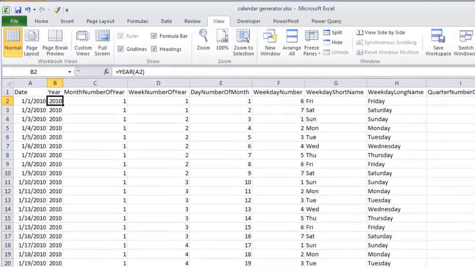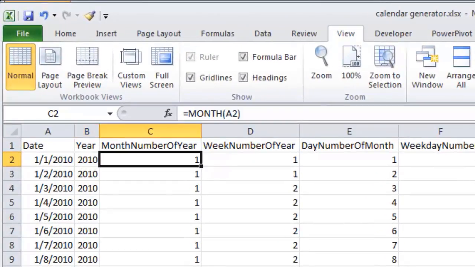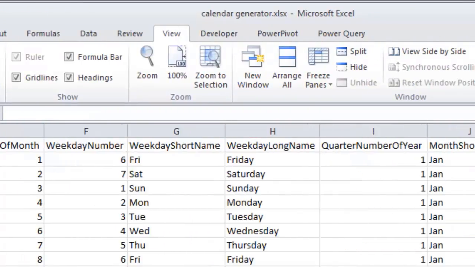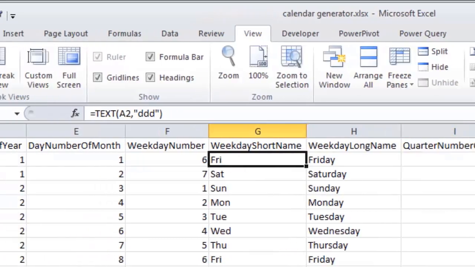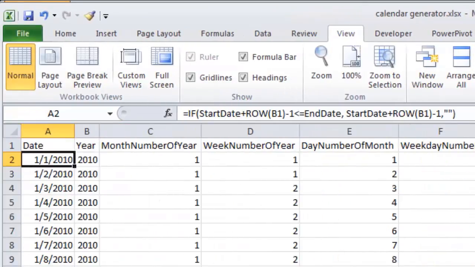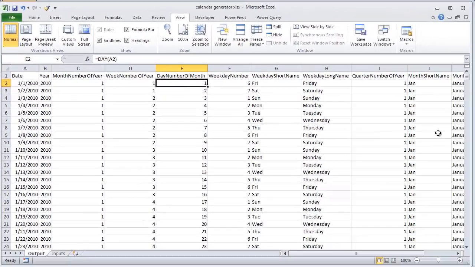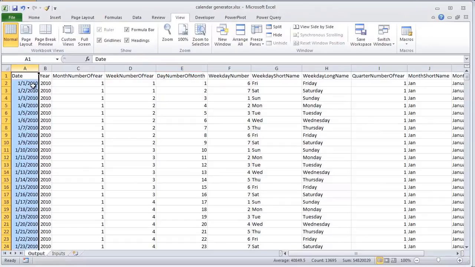So it just uses the regular old Excel functions, and they're all referencing column A, which is what contains dates. And some of it gets a little bit more involved than others, perhaps, but really pretty straightforward. And every one of these calculated columns is something that you could write in Power Pivot. I mean, you could just import a single column of dates into Power Pivot, and then write a whole bunch